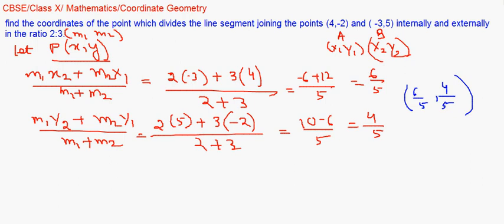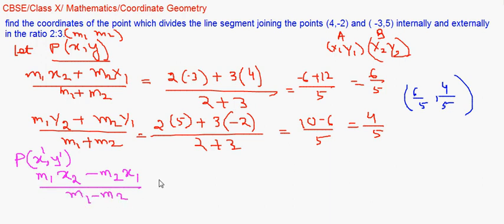We also have to calculate when it is dividing AB externally. Sorry, the one we calculated was internally. Now we'll be taking up externally. So I give another coordinate, maybe (x', y'), which is dividing AB externally with the same ratio 2 is to 3. The formula to find the x coordinate was (m1 x2 minus m2 x1) by